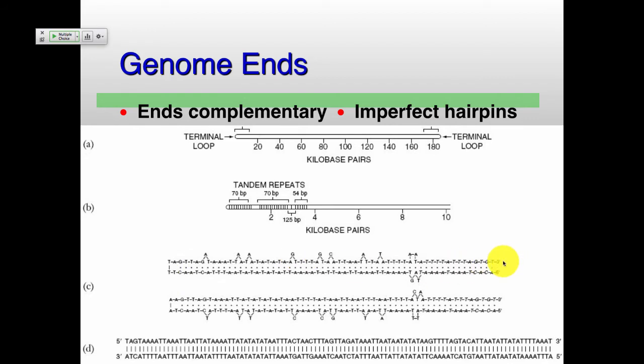3'. And so, again, I have this in, quote, double-stranded. It's really a single molecule, which is almost completely complementary to itself. So depending on how you want to define this, you could call it double-stranded or single-stranded. Single-stranded and completely complementary because it's one molecule, or double-stranded with these covalently closed ends. Most people talk about this as double-stranded with covalently closed ends, but hopefully you see that there's a difference between